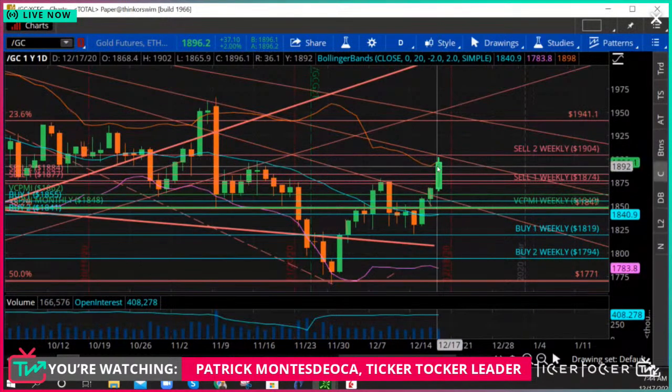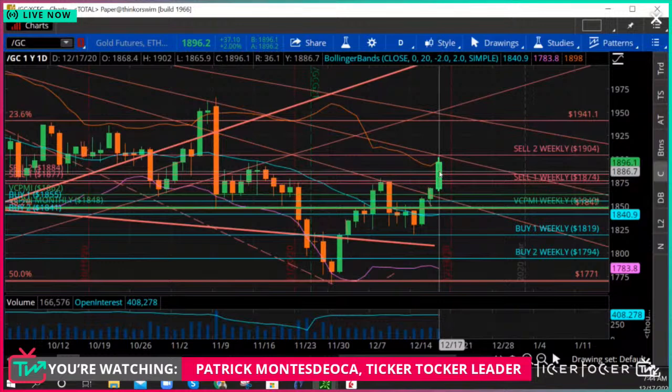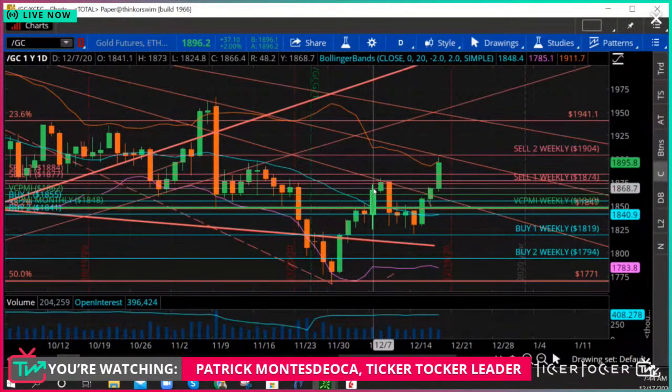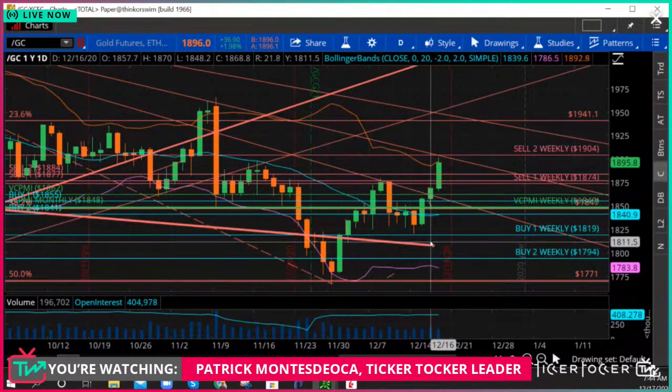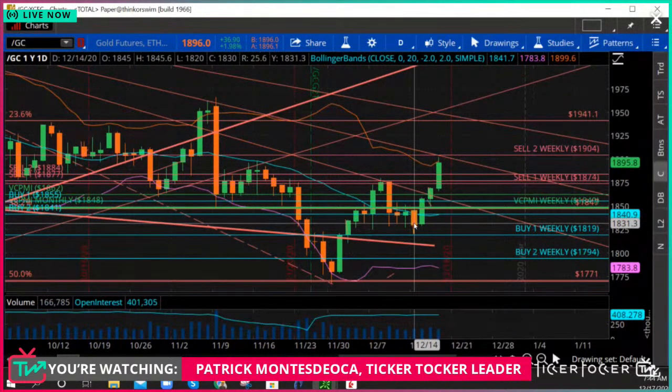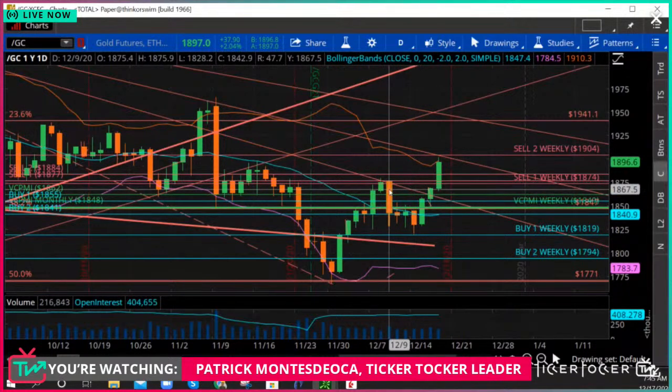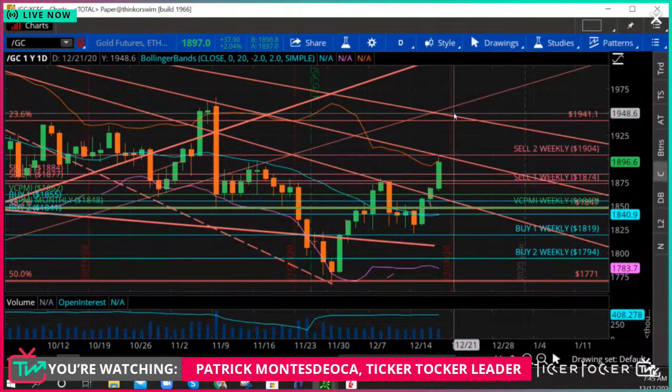And the third leg basically should be double the first. So if you're looking at a $120 move on the first leg, then from the low of the second leg of 1820, you're looking at a $240 move above. So that would put the market at 2060 as the target for the next third leg